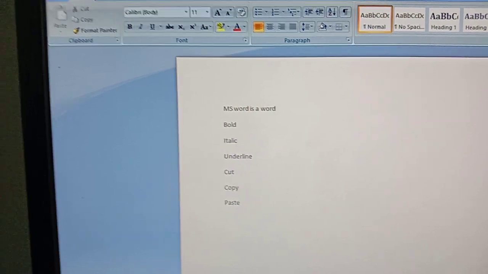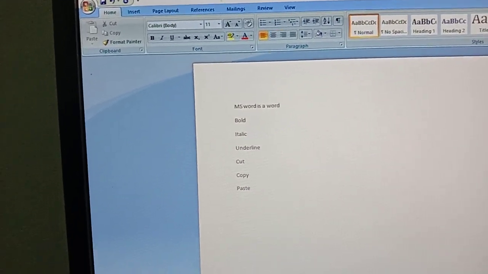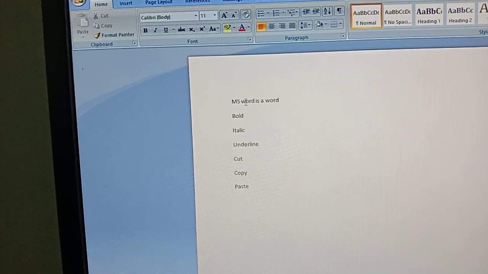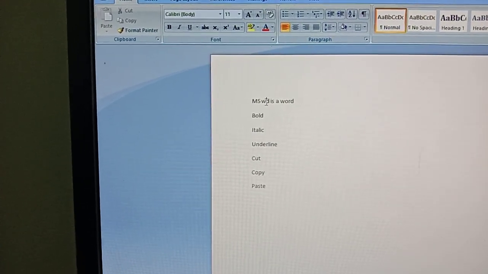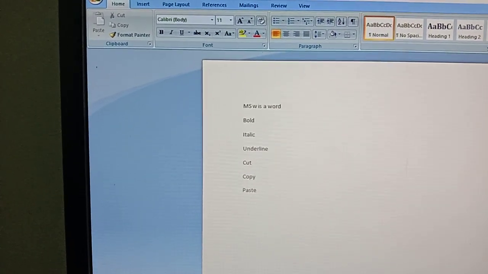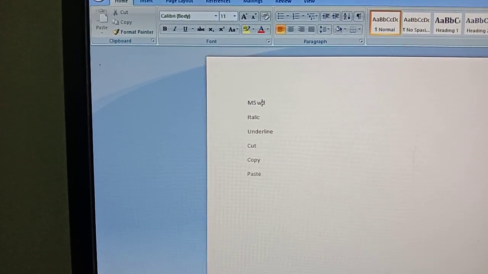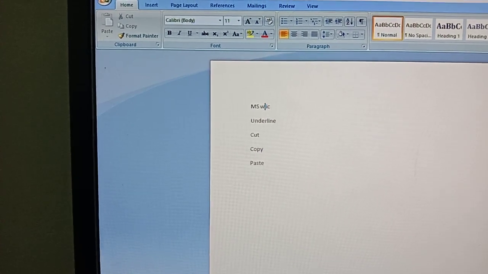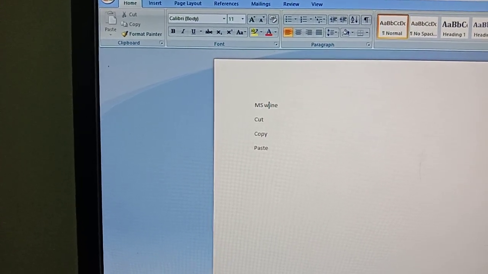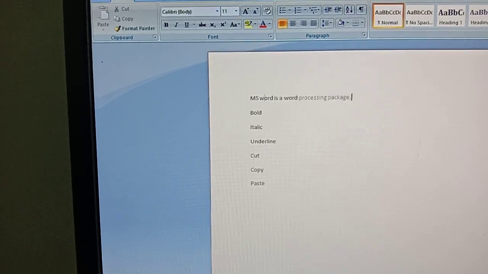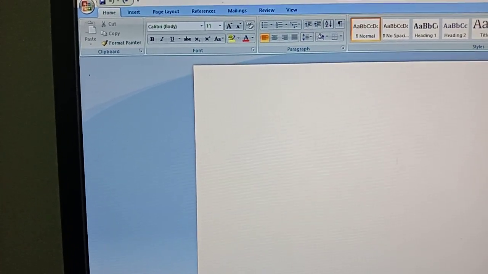Okay, the Delete key is for deleting the text towards the right of the cursor. Okay, see here, I am pressing the Delete key. So the characters are deleting on the right side. Okay. And you know the undo and redo method, and you know the shortcut keys also.